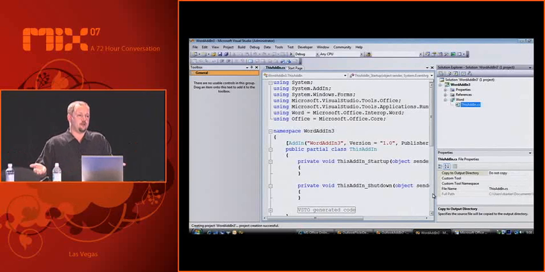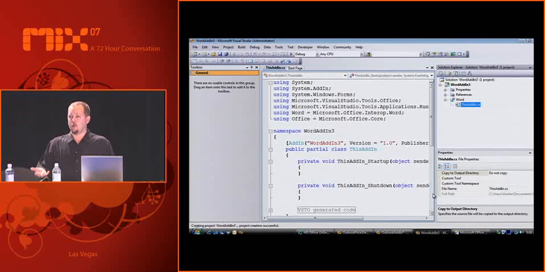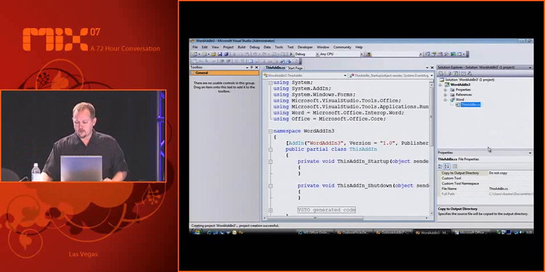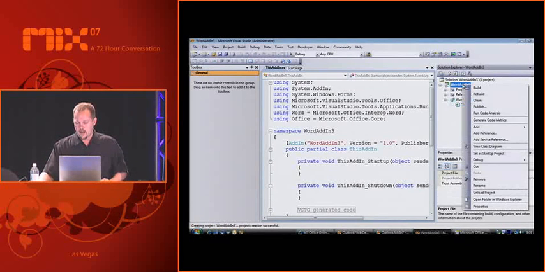There's nothing, the thing's not going to do anything. I could fire it up and it's going to show up inside of Word in terms of the Trust Center. And I can see that it'll be a COM add-in added in there for Word, but it really doesn't do anything. So the first thing that we want to do is to go ahead and add a ribbon to this.